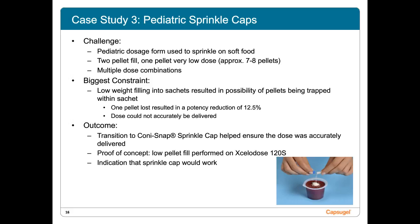We were looking at using a sachet to deliver this. The client wanted to pour it onto soft food. When we were dosing it into the sachets, we found that the pellets would hang up in the creases of the sachet, and with a 7 to 8 pellet dose, 1 pellet loss would reduce the dose by as much as 12.5%. So obviously we had issues with delivering the dose accurately. So what we did is